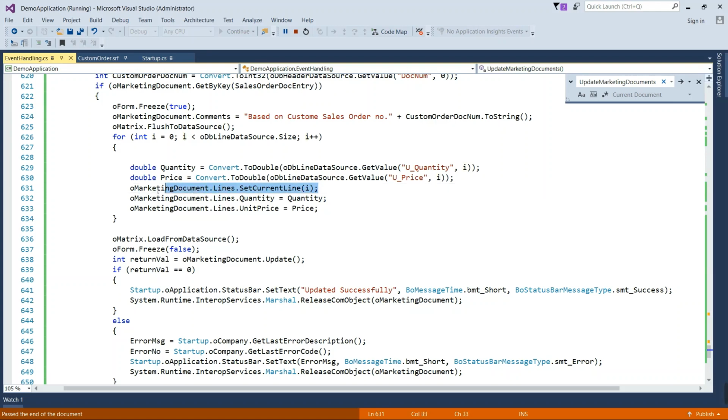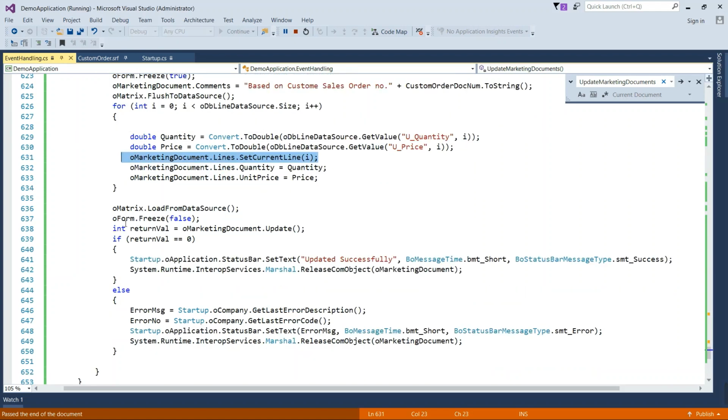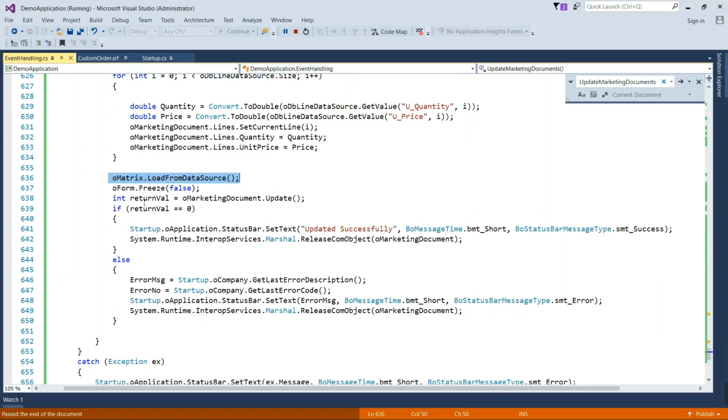So we are passing it through the DI API, and the DI API index starts with 0. That's why it will take it here, and then again loading from the data source to the matrix, and here we are using the update function.